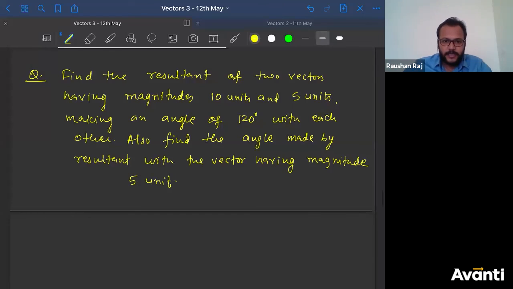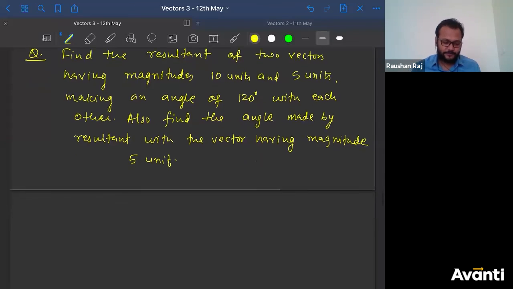Yes, root 75 is nothing but 5 root 3. Not 5 root 5. 5 root 5 is root of 125. That is not the correct answer. 5 root 7, no. 5 root 2, I don't think so. देखते हैं, कुछ 5 root 3 और 5 root 2 will be the answer. 2 root 15, no. देखो मैं सॉल्व करता हूँ, ठीक है? कितना टाइम बचा है? Yeah, we are having 5 minutes. So in the next 5 minutes, we can solve this question, okay?